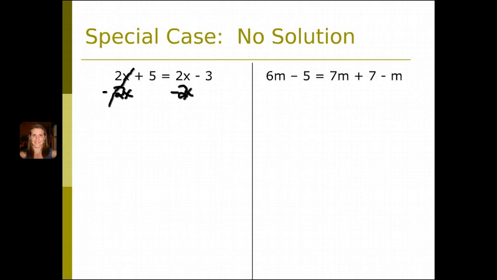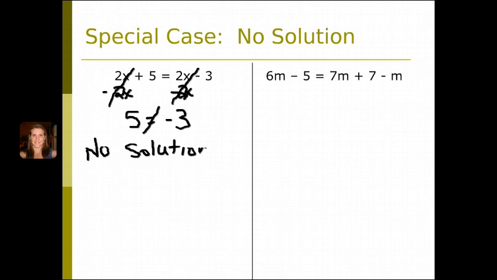My 2x's cancel on both sides of the equal sign, and I'm left with 5 equals -3. That is not true. They are not equal. Therefore, this is a no solution. Again, no solution has to be written